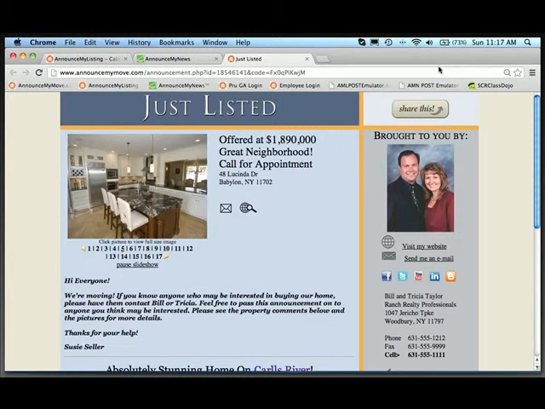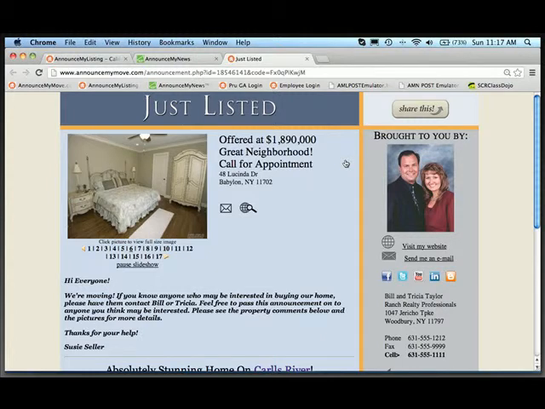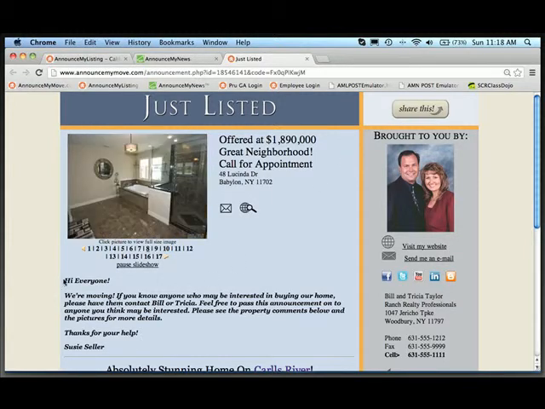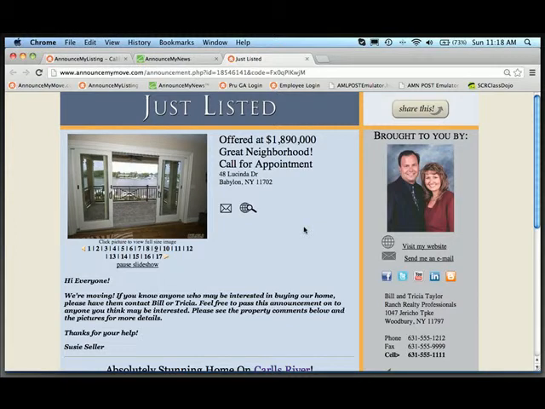Announcements, whether it's a listing announcement or an Announce My News announcement, can be shared in one of 3 ways. With the listing announcement, we generate 2 versions. One for you, the agent, to share with your contacts, and one for your seller to share with theirs. The difference between the two simply being the ability to write a personal message on the page. Now, every announcement, again, whether it's Announce My Listing or Announce My News, has 3 ways for it to be